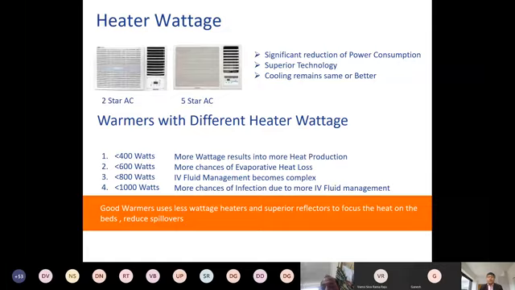For example, when the wattage is more, that means it is creating more heat. More heat means more evaporative heat loss. More evaporative heat loss means it's a challenge for IV fluid management. And whenever there is a challenge in IV fluid management, because it's intravenous, it can create infection issues. So always look for the